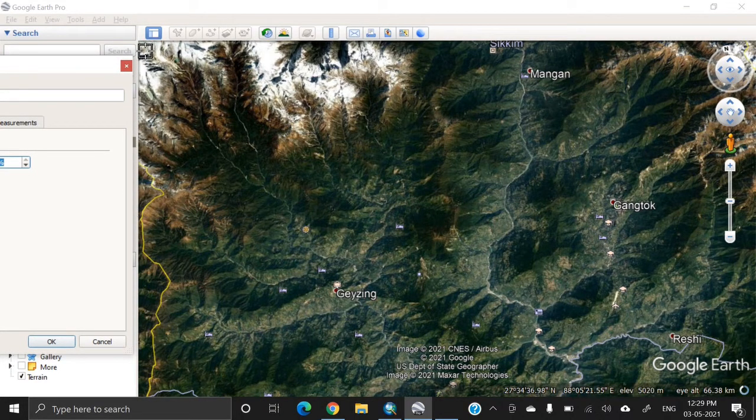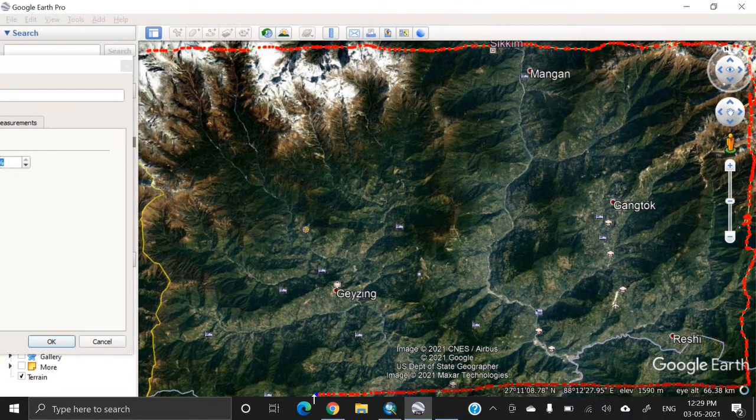Now, just hold down your left mouse button and drag it to draw points like this. Okay, don't move your mouse very fast, because in that case the gaps between these points will be longer and it will not create a good DEM.